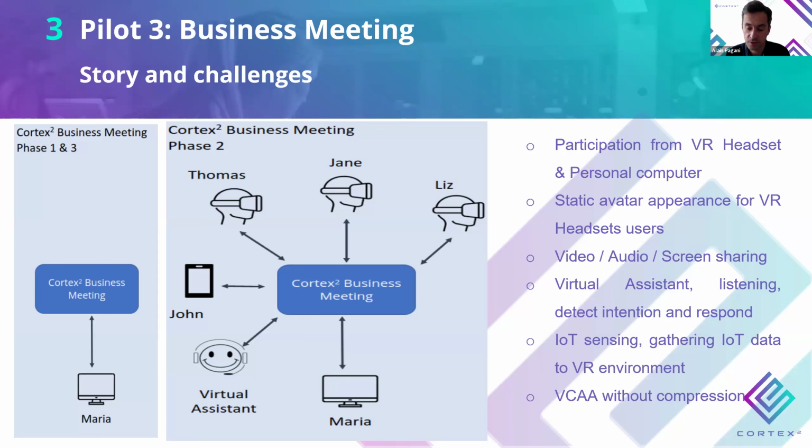Because people are using virtual headsets, when they move their heads, they are tracked. So if they are looking left and right, then the avatar will also do so in the virtual room. So we replicate a natural interaction between the users. But the interesting thing here is that on top of just discussing with people, we have a virtual assistant that